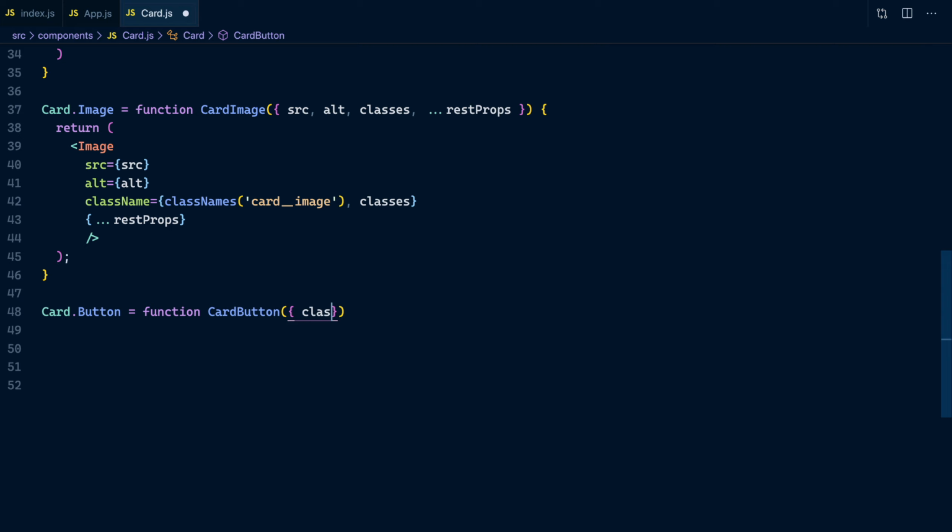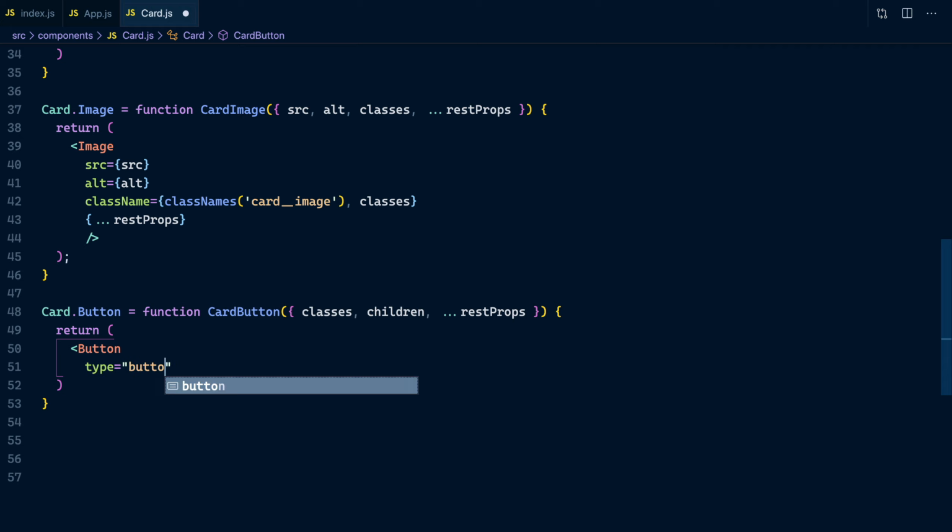Card button, classes, children. It's the same, rest props. And the reason I like this actually is just because it's so readable. And you'll find in React some stuff is just not readable. Like if you've gone on holiday for a week and you come back and read some React code, sometimes it's quite hard. So don't look at code and think, oh my god, this guy or girl must have been a